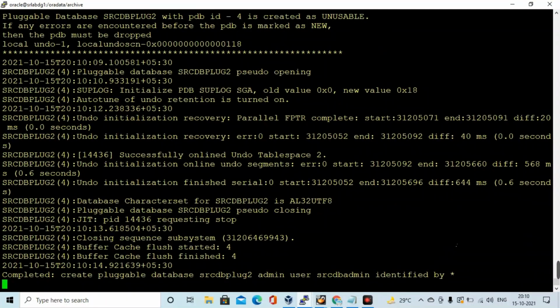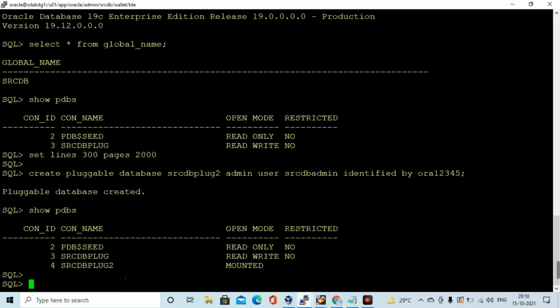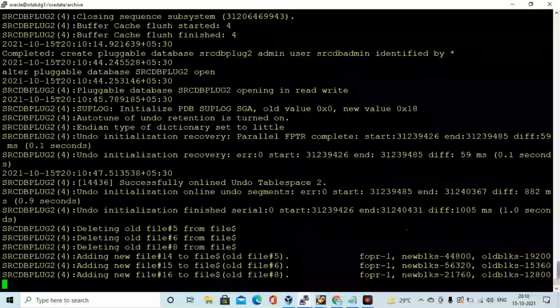It's getting created. It's in mount stage, so let's open it.